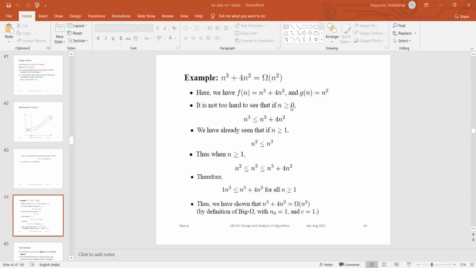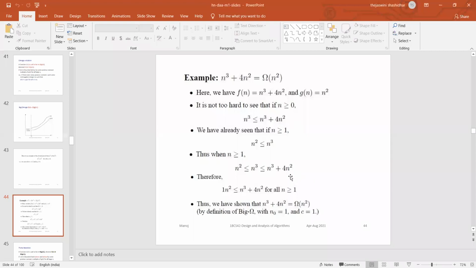So if you have gone with the last two steps, these two, right? I will tell you, just write these two steps as they are here. Take n square less than or equal to n cube, write it here. Then you shuffle these two things. N cube you are finding common, less than or equal to n cube plus 4n square. Writing these two things is very easy. Why you are getting confused, I don't know.